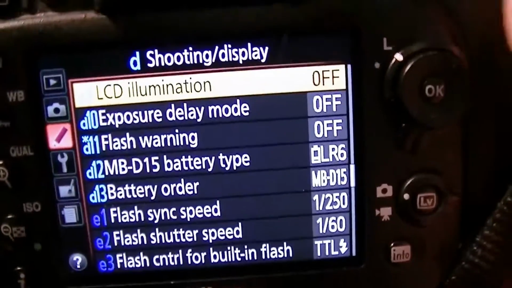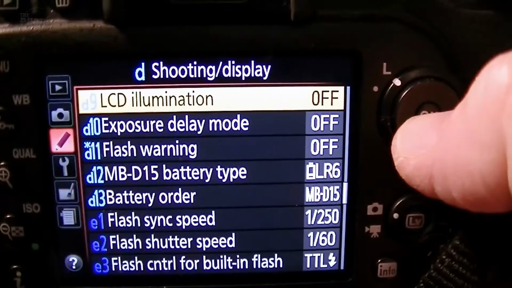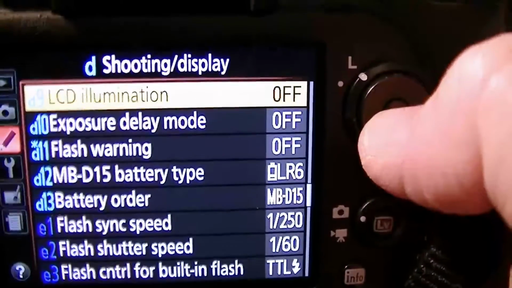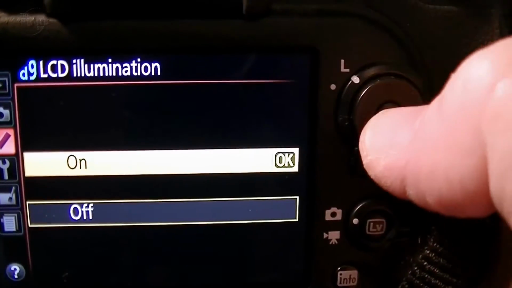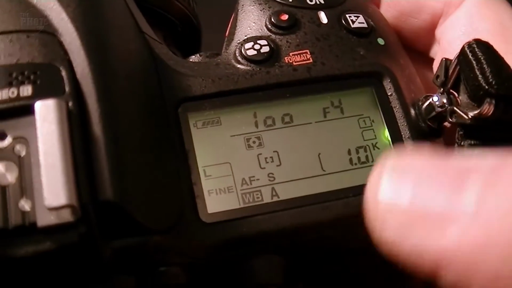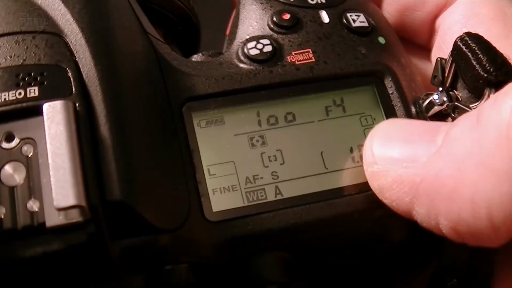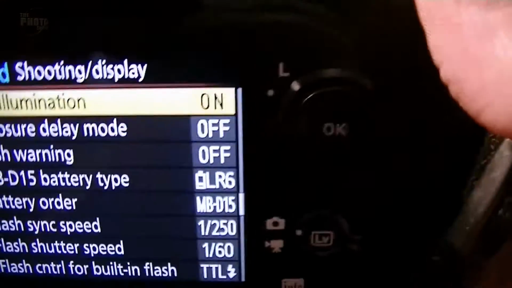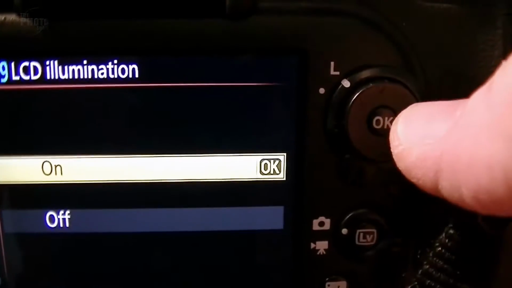Okay, the next one down here is LCD illumination, and this refers to your panel at the top here. So if we put that on, you can see now that the LCD has lit up the panel on the top of the camera, and that will happen all the time. It obviously uses more battery life. Let's turn that back off again,